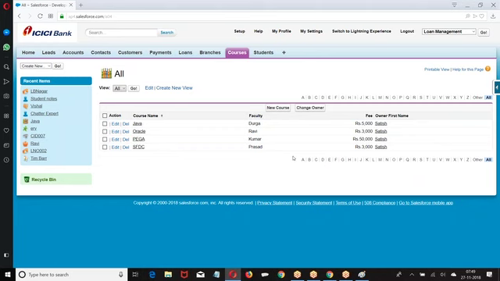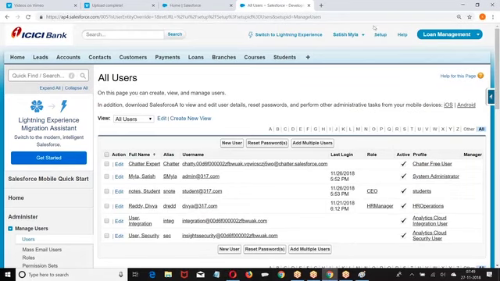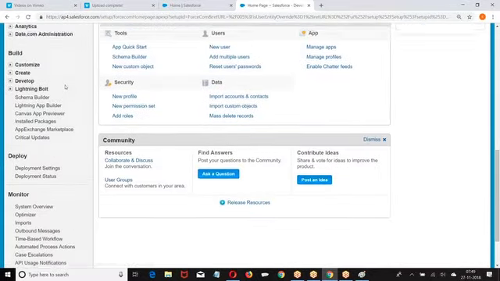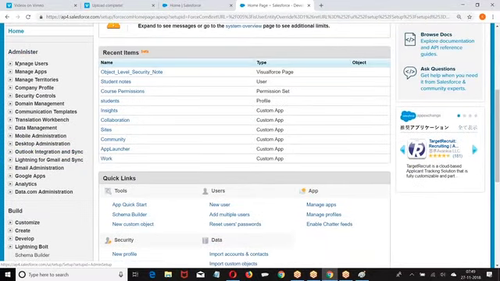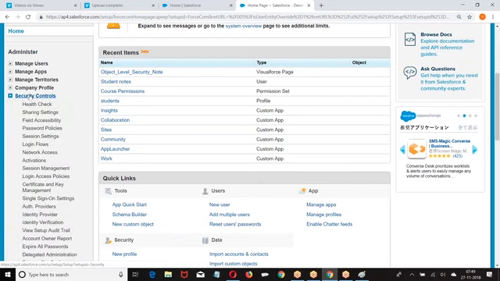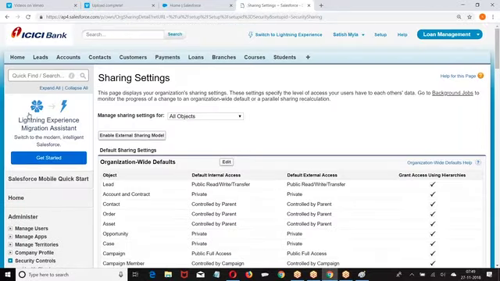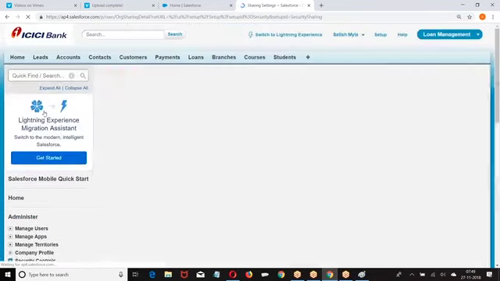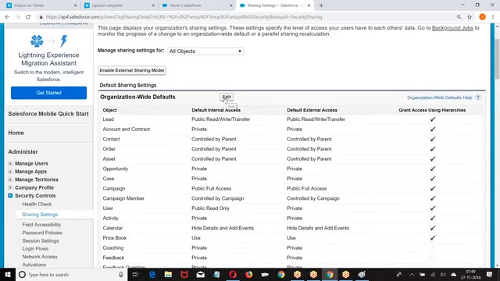Now what I am trying to do: go to the OWD. Setup, administer, security controls, then we have sharing settings, OWD.